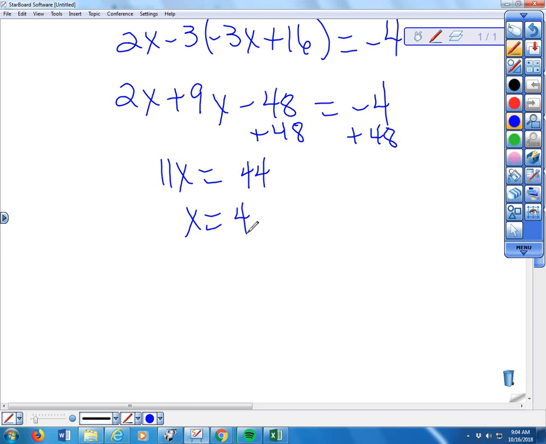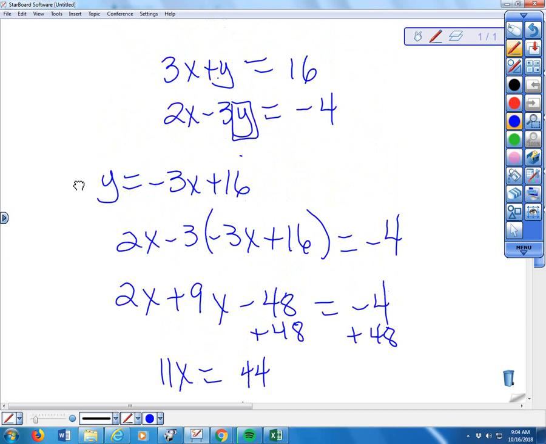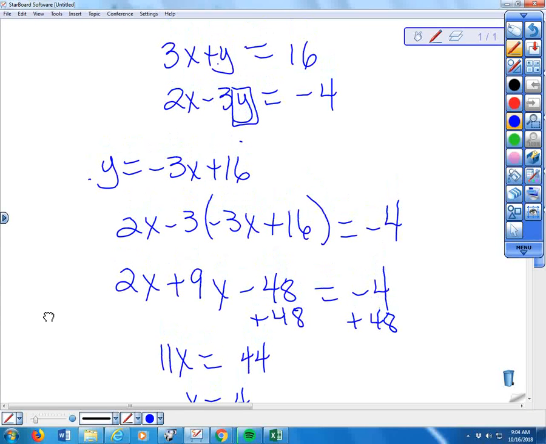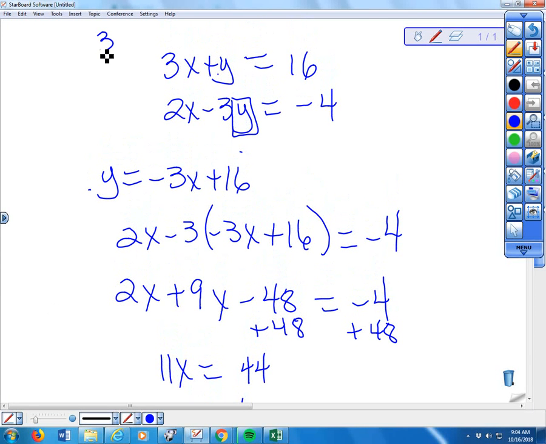Right? Now I'm just going to plug that in for x, and I can use either equation. I could even use this equation. Okay, so plugging 4 in, 3x, 3 times 4 plus y equals 16. This is 12, minus 12. 16 minus 12 is 4. Okay, now that I know 4 and 4 are my answer, what I think are my answer,